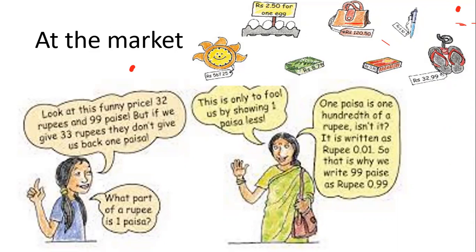At the market, when you buy something, the prices of things are not always perfect numbers like 10 rupees, 20 rupees, 30 rupees. Sometimes the value of the thing will be in decimal also. Especially when you go to Bata showroom, 100 rupees will not be there. 99 rupees 99 paise will be there. Because to avoid the tax, if it is 100 rupees or above, you have to pay one type of tax. If it is less than 100, you have to pay less tax. So they will put 99 rupees 99 paise.